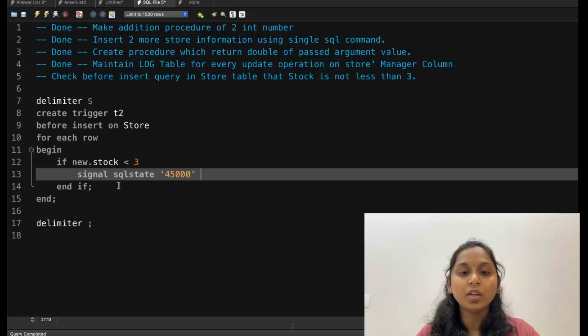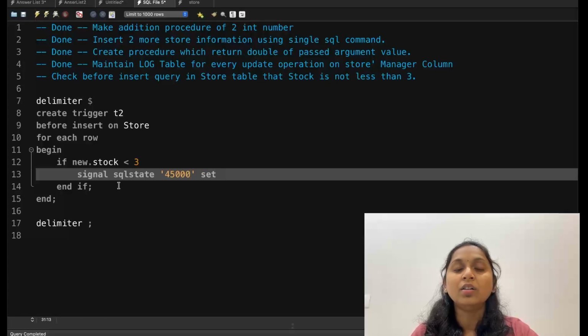Right, now is this a complete thing? No. After this I also have to assign a specific error message, saying what was the reason that this type of error is executed and why our insert query is not successfully performed. For that we require to set a text message. Yes, what you have to mention is message